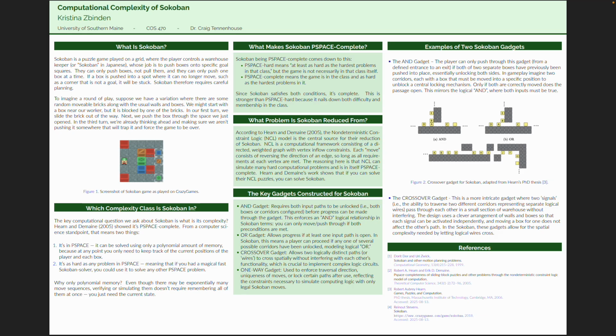So what is Sokoban? Imagine a warehouse where the floor is a grid and it has tiles and you're a worker. The game was created in Japan, and in Japanese, Sokoban means warehouse keeper. You need to push the boxes into designated places, and you can't pull the boxes. You can only get behind them and push them one at a time. So if you accidentally push a box into a corner or somewhere where you can't move it, then you automatically lose. The game gets more complex as there start to be walls on the game board, limiting your movements,